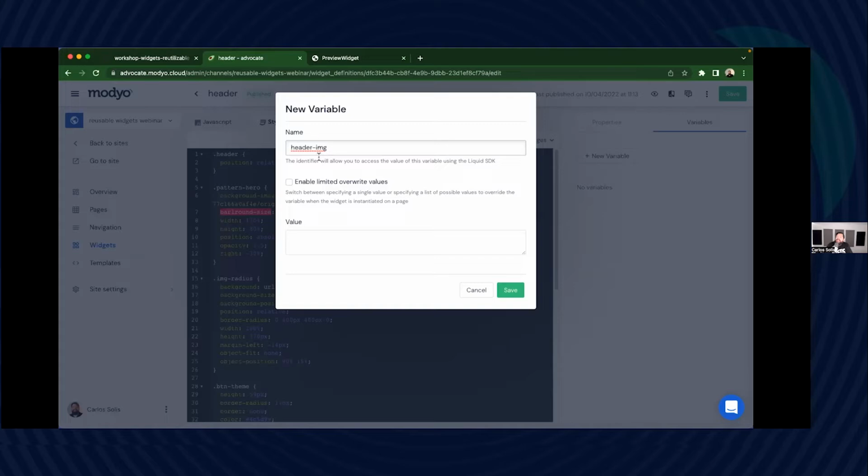So just remember that. Avoid including capitalized letters and that kind of special characters. It's important to just keep it lowercase without spaces or special characters. So in this case, I just want to name it header image, and